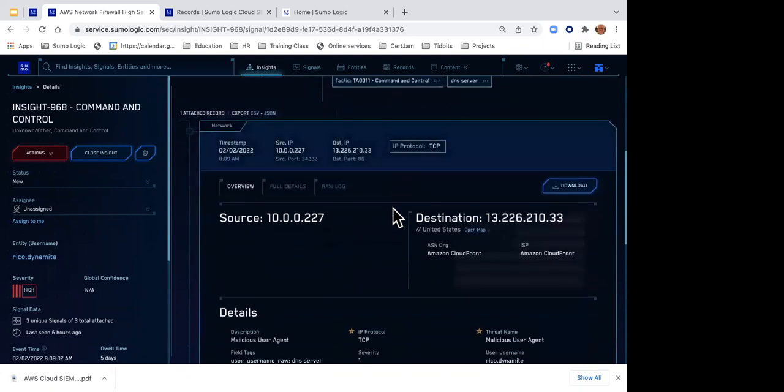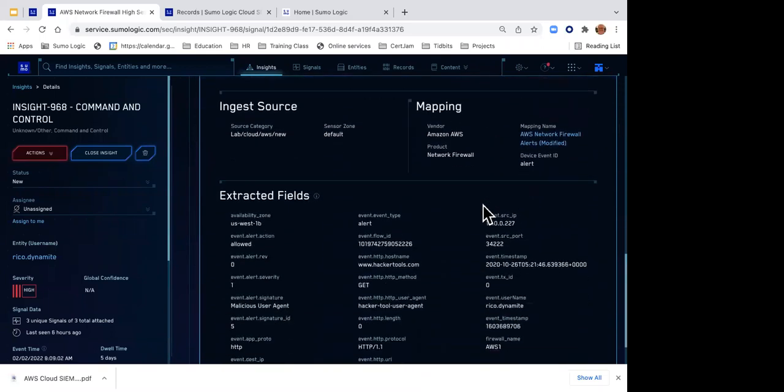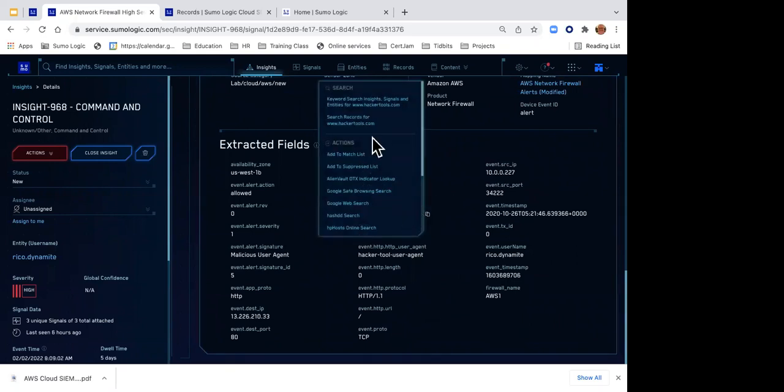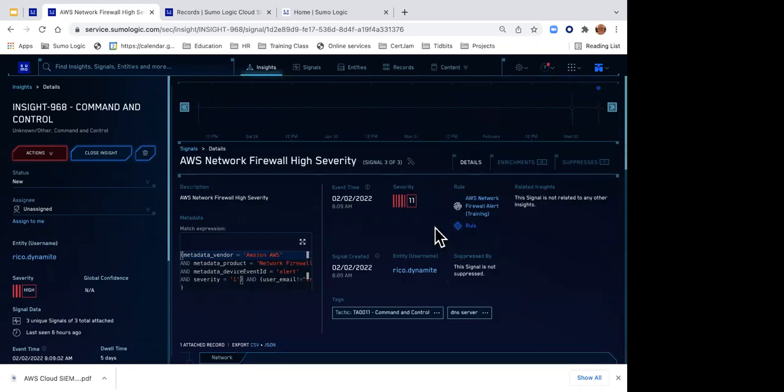Here I can see the source IP address and the destination IP address. It was trying to access our CloudFront environment. Again, I can see who the user was, what they're trying to use, and the host name: hackertools.com. With my context button, I can look it up on the internet and see what's going on. Lots of good information here telling us what is happening.